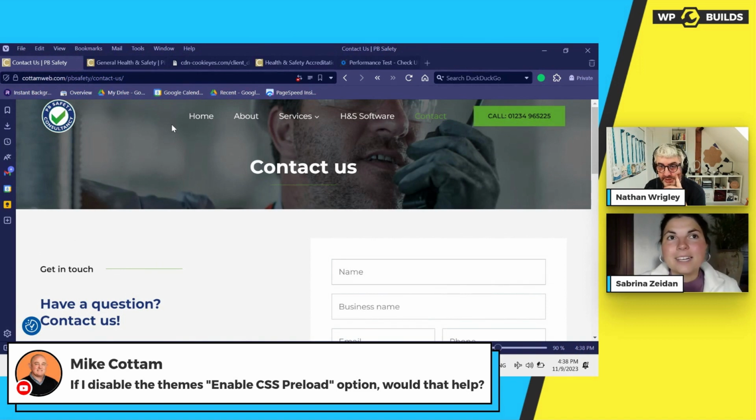I don't know. No. Maybe it does, because some themes and builders have this inbuilt functionality, when it extracts the used CSS and puts it in the head section of the page. Maybe this is exactly what Cadence developers meant by preloading CSS. Maybe it does exactly that. So to check that, Mike, you can enable that function and look in the code. So if it does what we are thinking it's doing,